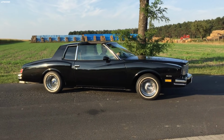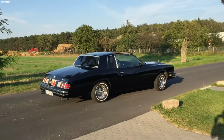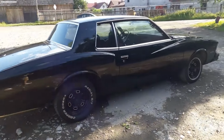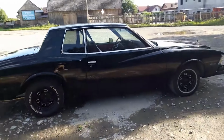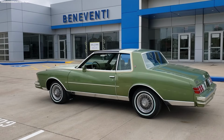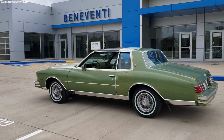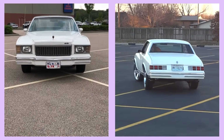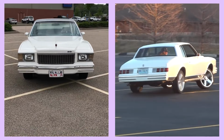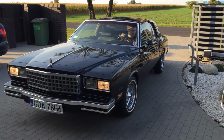It was marketed more as a personal luxury coupe than a performance car. But because it shared design cues with real muscle cars, it lured in enthusiasts who wanted speed, and left them disappointed. Today, these Monte Carlos are remembered more for their looks than their performance. Collectors often restomod them,